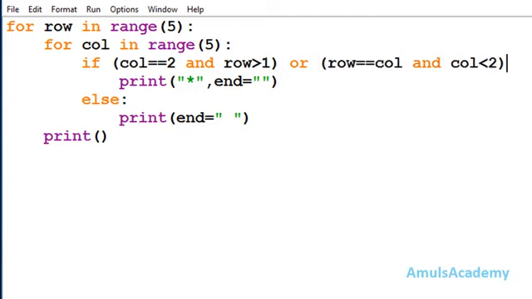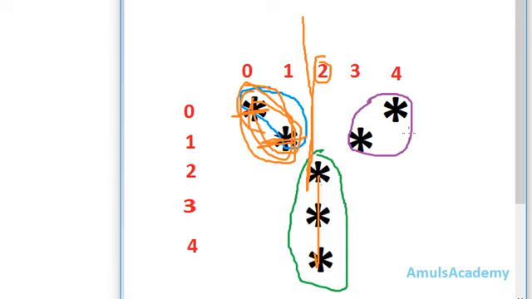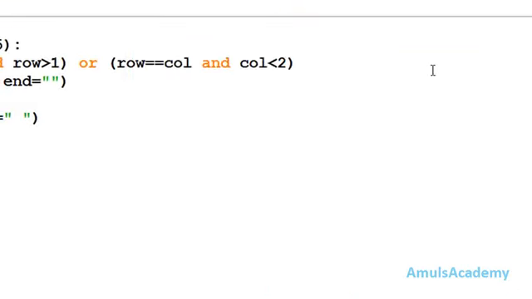Okay, next we need to print these 2 stars. Here you can take 2 variables i and j, and you can assign the row value to i and the column value to j, then you can print star. That we did in our previous tutorials. Here also you can do that, or you can directly mention the position because we want only 2 stars, right? So instead of taking i and j variables, here I'll directly mention the position of these stars. So this star at row 0 and column 4, and this at row 1 column 3. So here, or